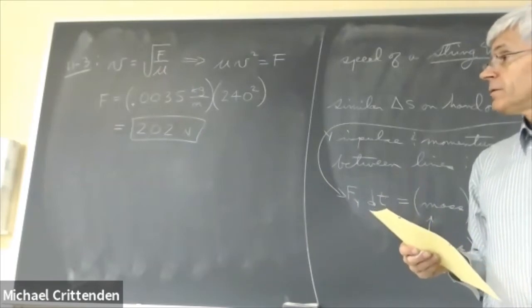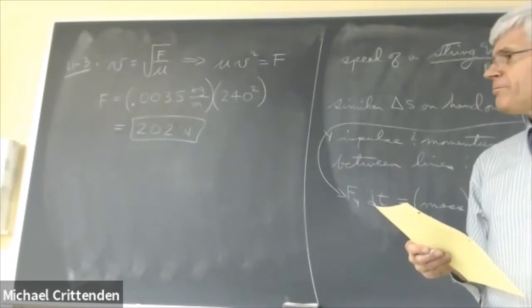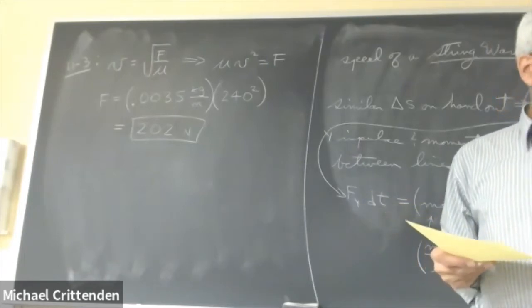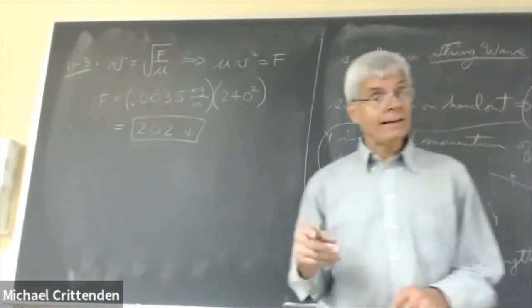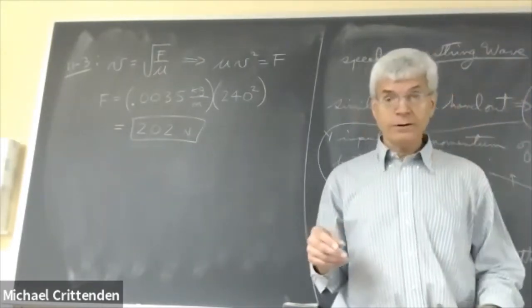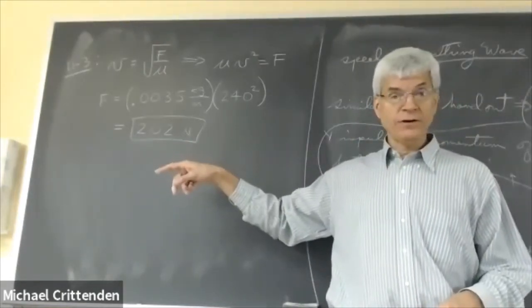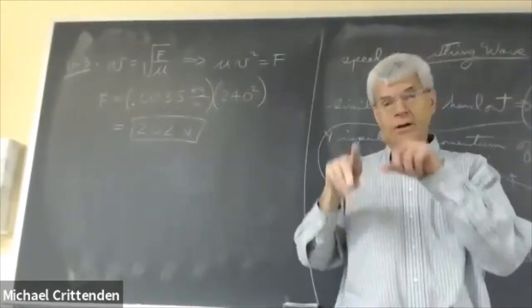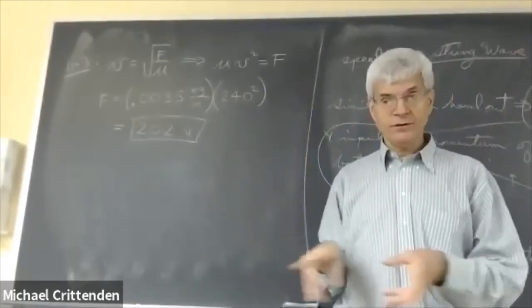202 newtons, which is around, give or take, 45 to 47 pounds, somewhere in that neighborhood, I believe. And that's just one string, okay? There are a lot of strings in a piano. And if you add up the tension on all of them, the total is several tons, trying to make the piano collapse, which is why you need such a strong frame around the strings,